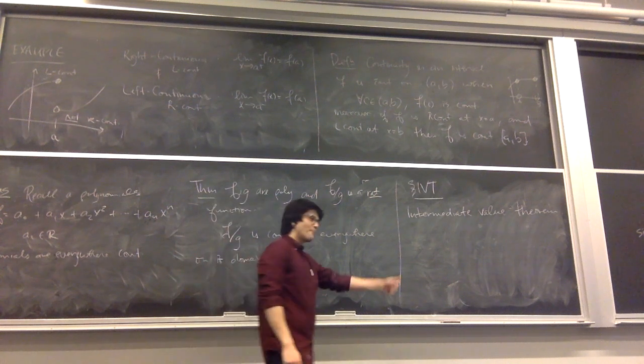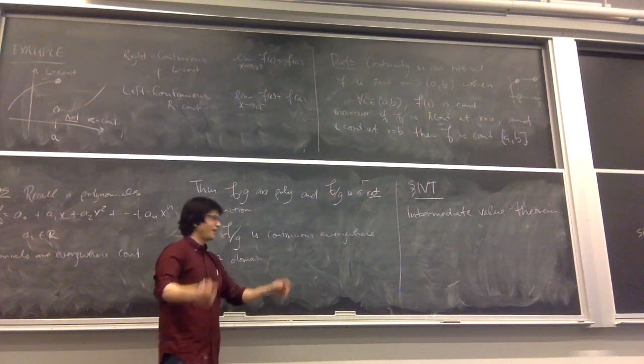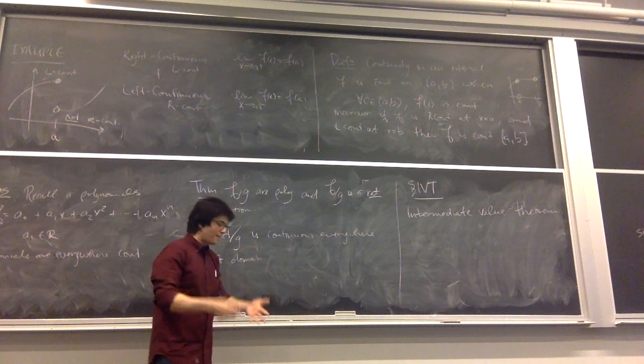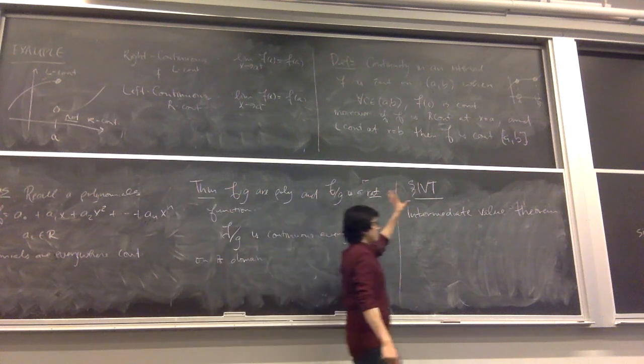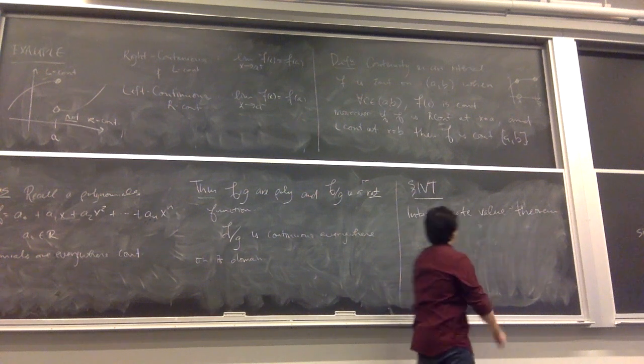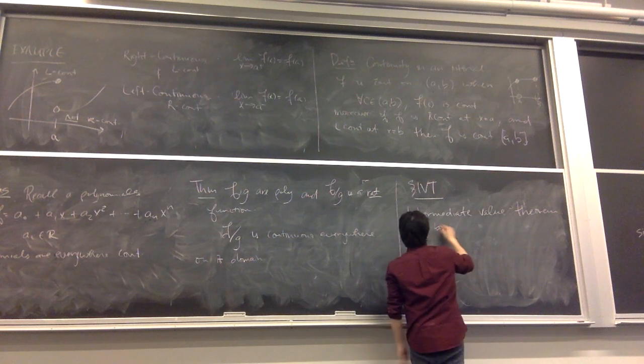Okay, so you remember how we talked about continuity, and I gave you an operative definition. I said basically a continuous function is something that you can write or draw without lifting up your pen. The intermediate value theorem is basically this. It says, basically,